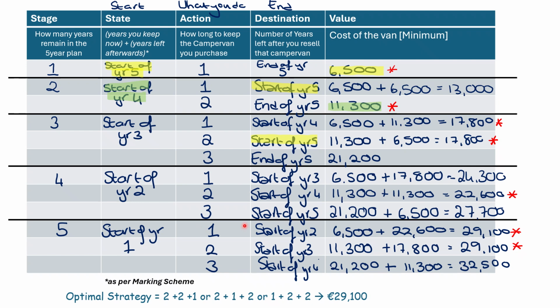My other option is I buy it for 1 year. And then if I buy it for 1 year, that brings me to the start of year 2. Then I buy it for 2, which brings me to the start of year 4. And then I buy it for 2 years. Or my other option is 212. So that is where I have 3 years. And then at the start of year 3, I can also just buy it for 1. So basically, if I have it for 2 years, 2 years, and 1 year in any order, it's going to work out as